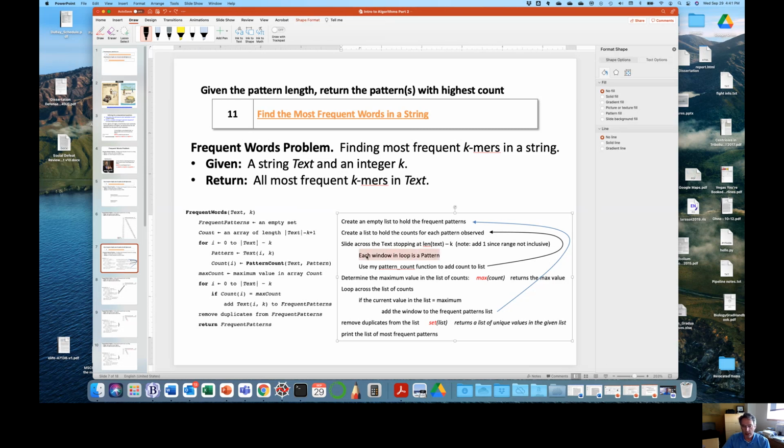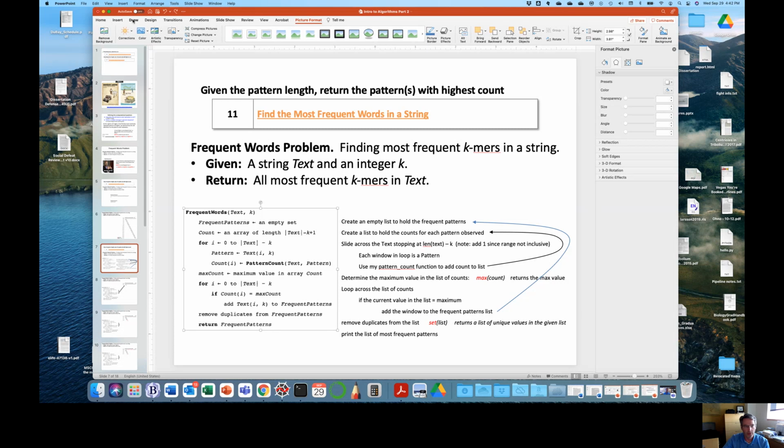Okay, so the next thing is to get the windows. We know how to do that. Except in this case, our window is going to become the pattern, whereas before we had a pattern and we were comparing that to the window in the text. So hopefully you remember, or you can go back to part 1 and figure out, okay, I know how to define a window. And then I'm just going to make that my pattern. And then I'm going to send that pattern, right? So now that is